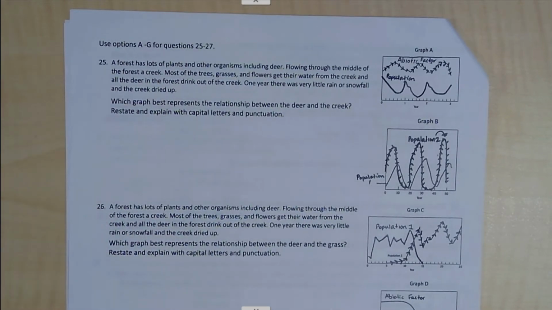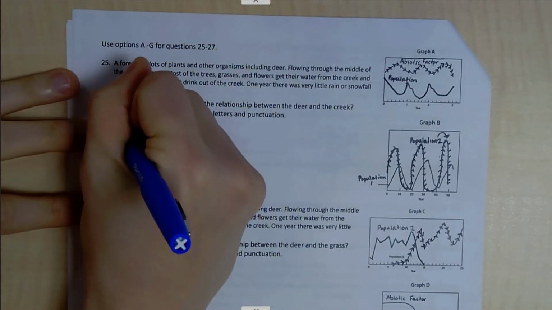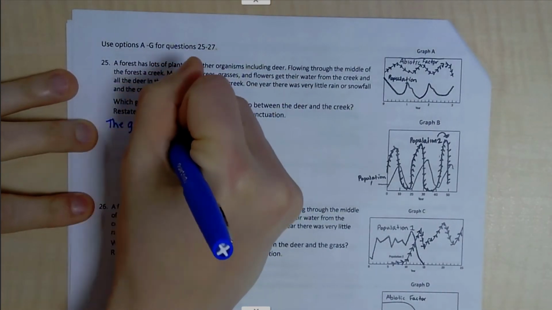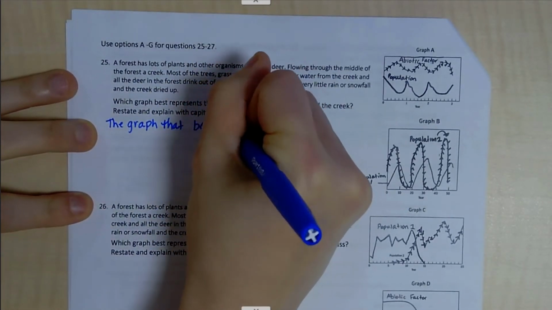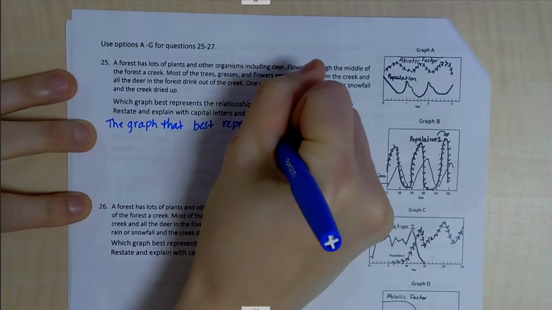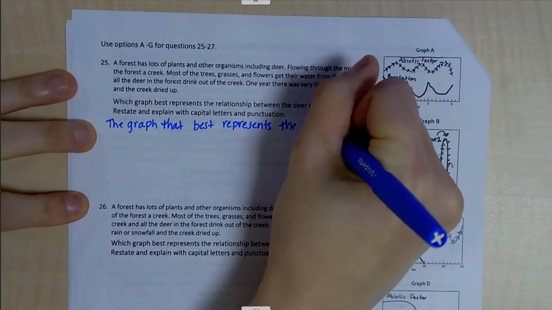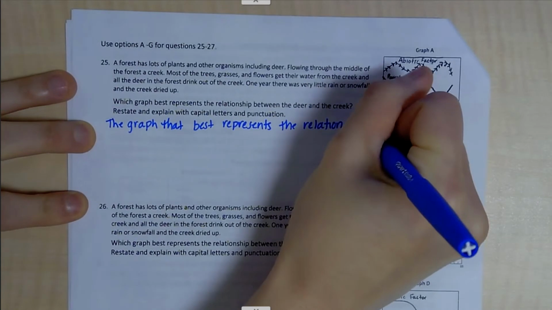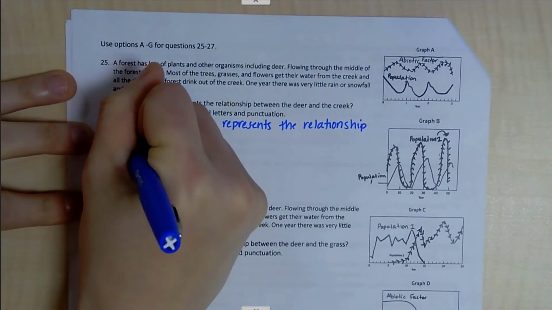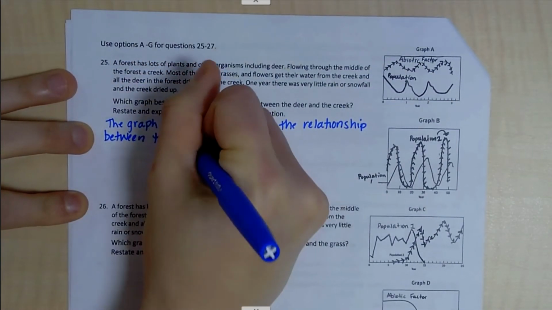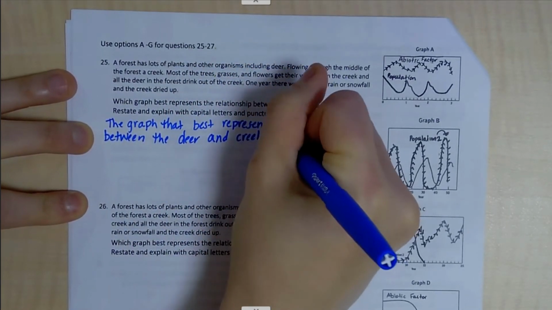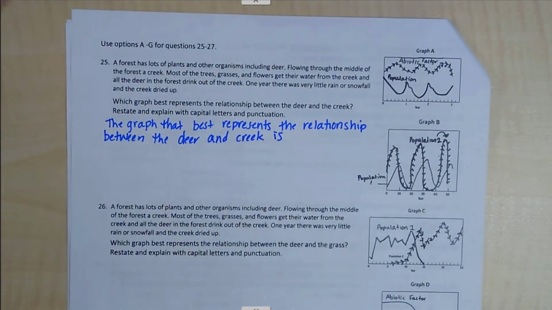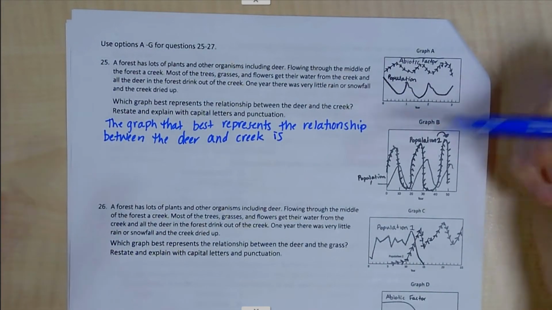So I'm going to go ahead and start restating just so I can get that out of the way. So I would say the graph that best represents the relationship between the deer and creek is. And so if I'm trying to figure out which graph it is, well, if I'm looking at my graphs,